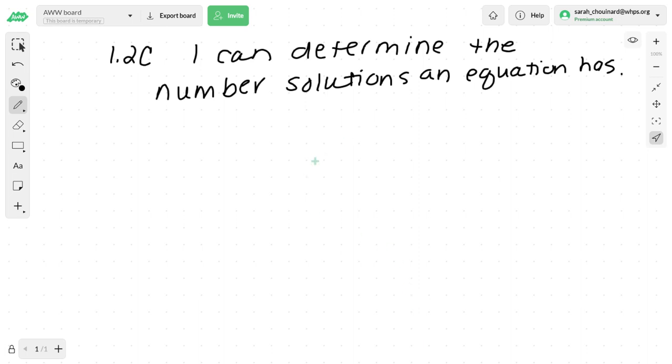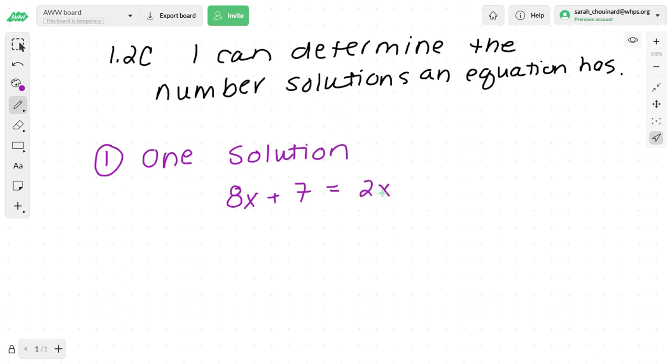Okay, so in this video, we are going to determine the number of solutions an equation has. Up until this point, we have had equations that have one solution. So the first option is that an equation can have one solution. For example, if I had 8x plus 7 equals 2x plus 15, this equation is going to have one